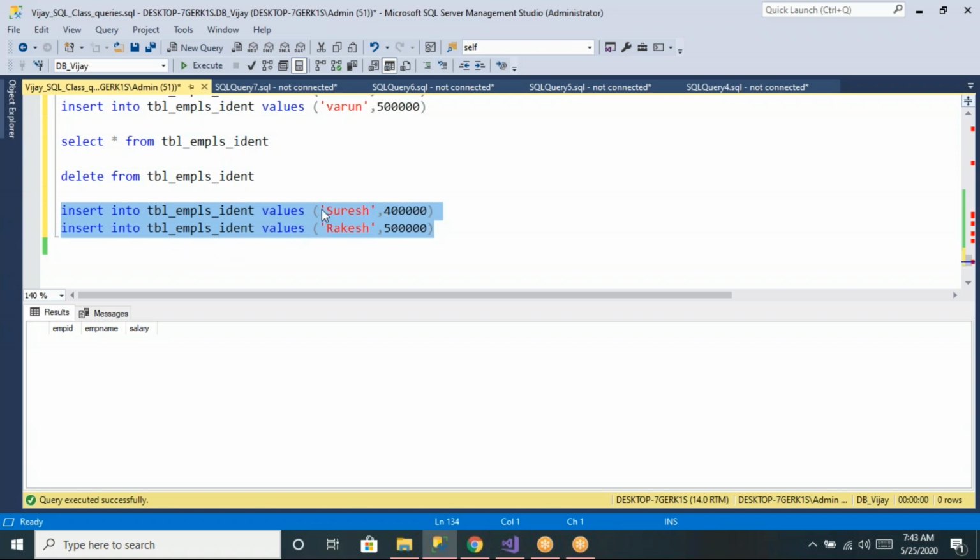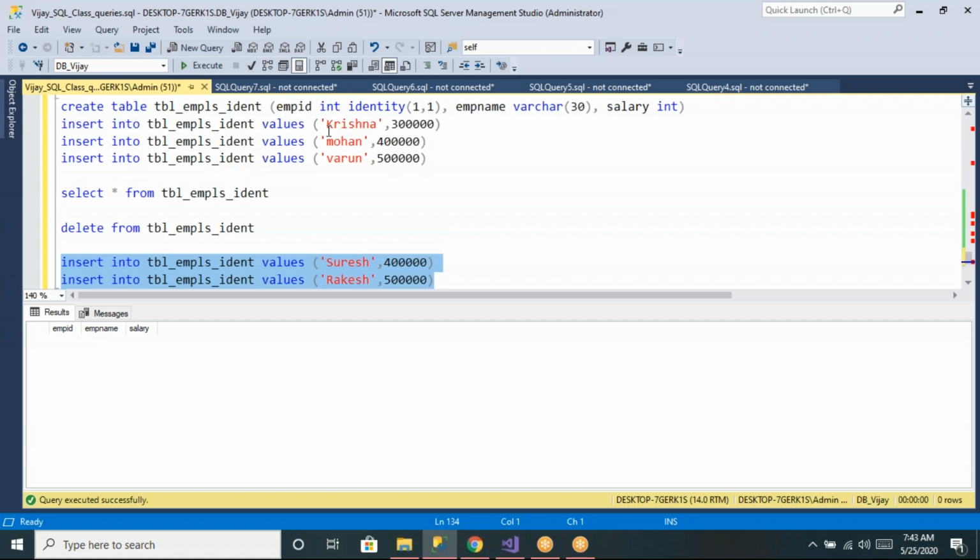Will it continue with 4 since we have 3 records earlier? Will it continue with 4 again, or it will restart with 1? Any guessing? No problem.